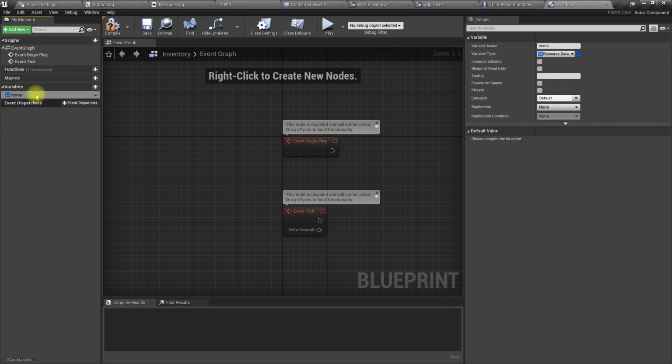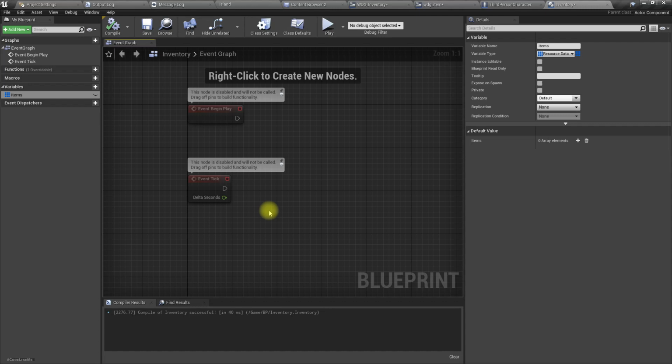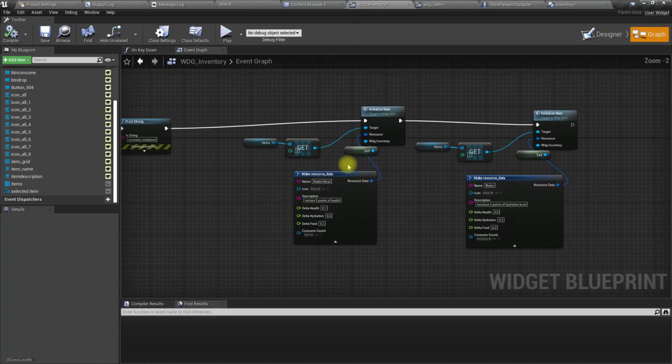Also it has to be an array. Right, now we should dynamically add items to this array as we collect things in the game, but for now I haven't implemented that part yet. So therefore, just like we do it here, let's